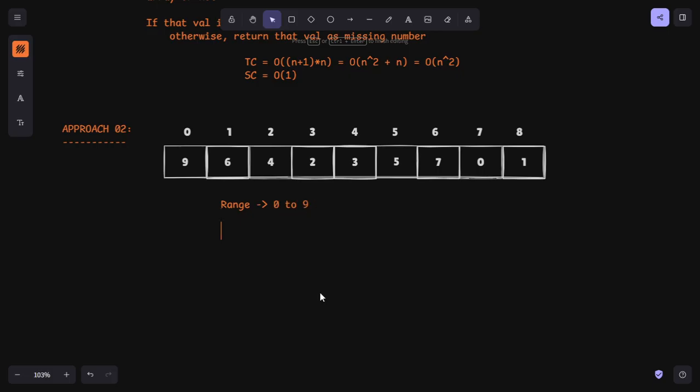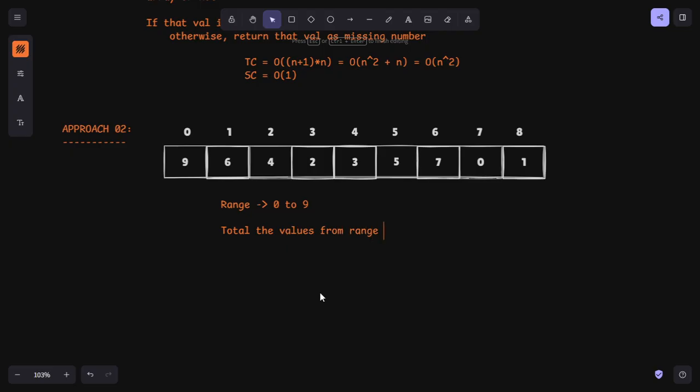Now what we can do, since we already have the range, that is, all the elements that are present, we can simply take all those elements and sum them up. We also have an array where some elements are present, but one value is missing from that range, because all the other values from the range are present in this array. So what we can do is total the values